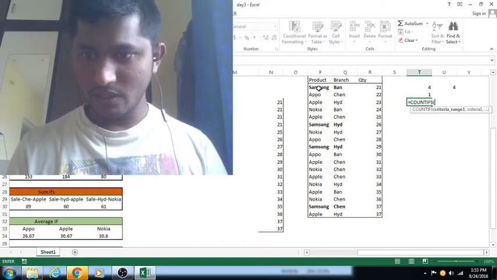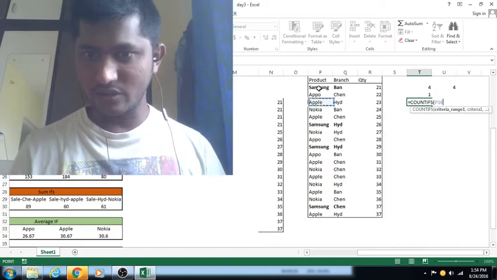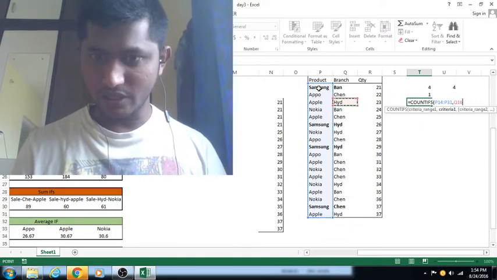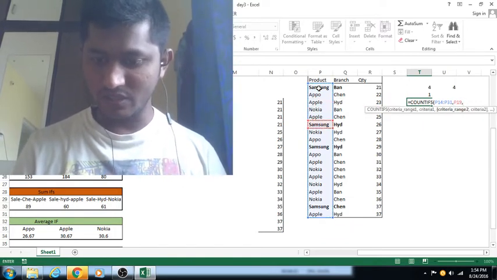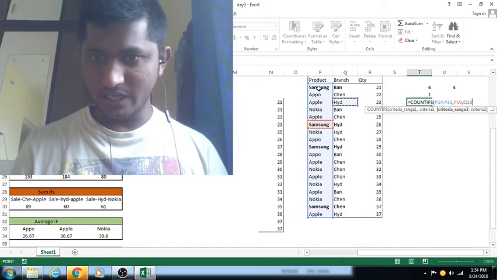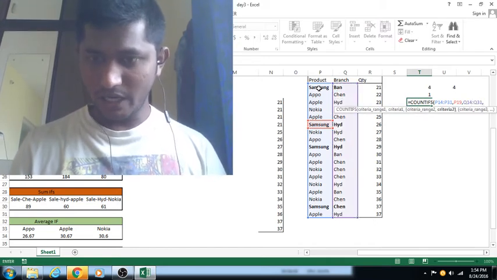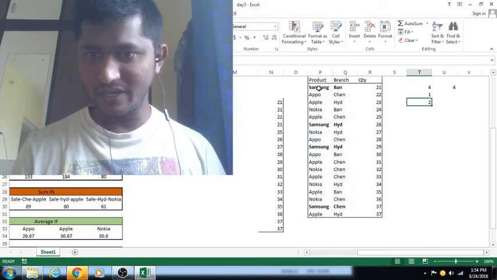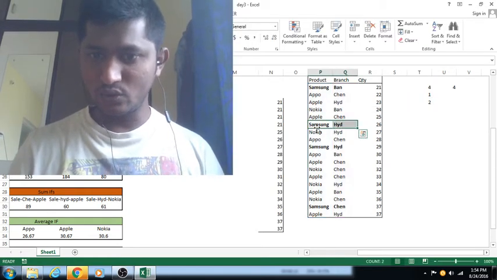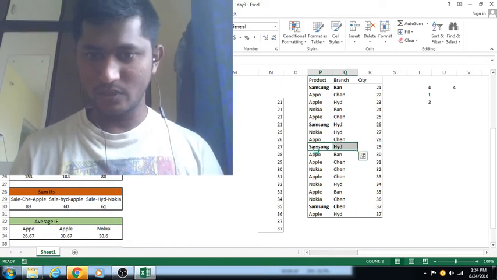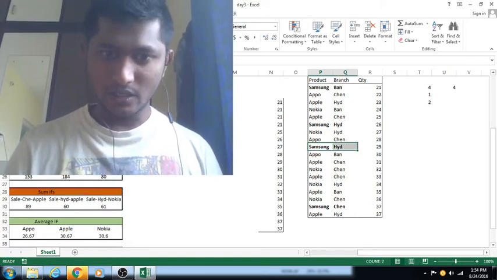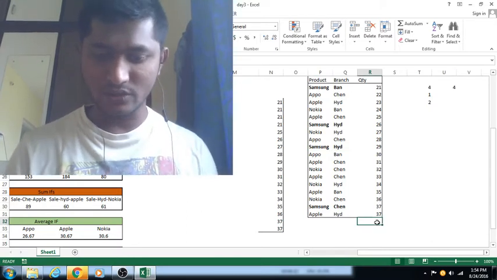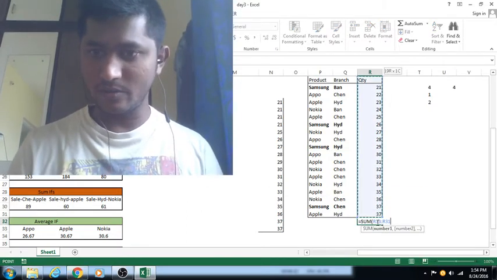COUNTIFS. If you check the syntax, first is which range you want, then criteria range and criteria. I'm selecting Samsung, and the second criteria is Hyderabad. My searching product is Hyderabad. So here you will get 2, because I have 2 stores in Hyderabad. Got it? And if you use the SUM formula, it is useful to find out how many products there are. This normal formula can find out